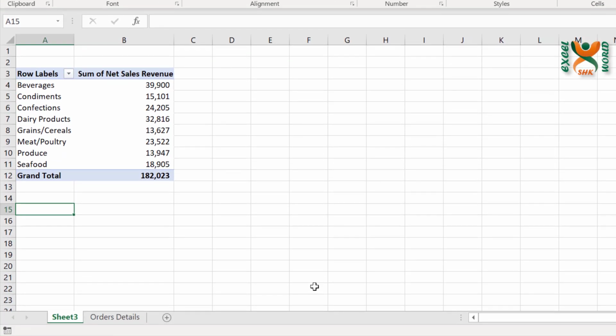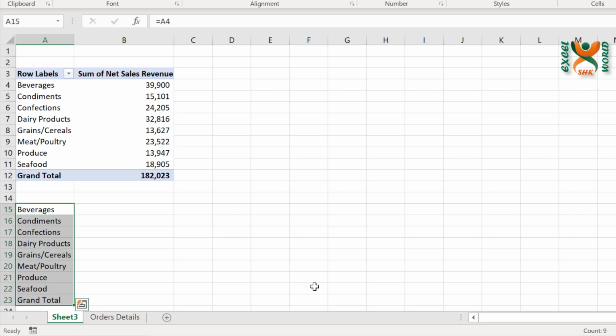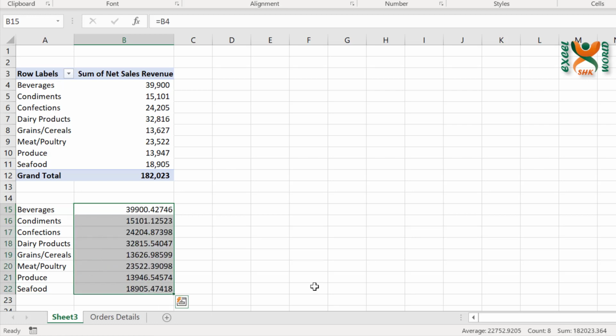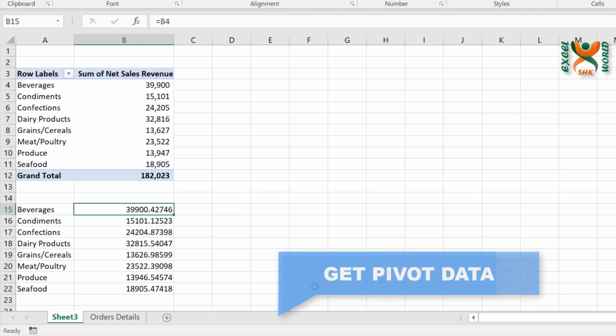Now if we want to refer this data into another report or to another page, we can simply use equal to and go to the field and press OK. We can copy it to the cells below. Just remove the grand total. And for values we can do the same thing. We can select all the references in column A, copy these and paste these into column B, and our values will be produced. But this is not a very good way of doing things. So there is another way of referring items from a pivot table, which is by using the get pivot data option or formula.